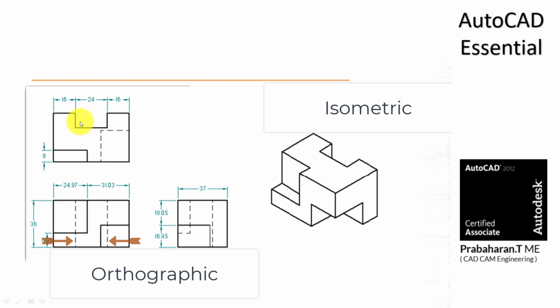The hidden lines represent the cut. The cut is throughout the body. So orthographic view will have the entire information of the object to fabricate, to build, but isometric will not have. So if you want to fabricate something, if you want to build something, you need an orthographic. In the orthographic only we will have entire information, but isometric will have limited information, but easily we can understand how the real component will look like.